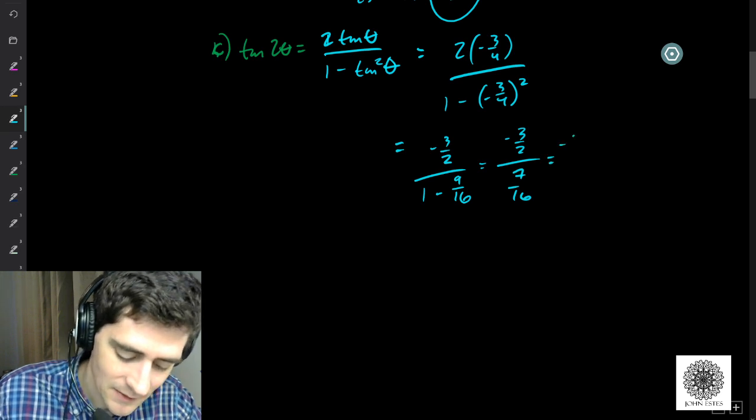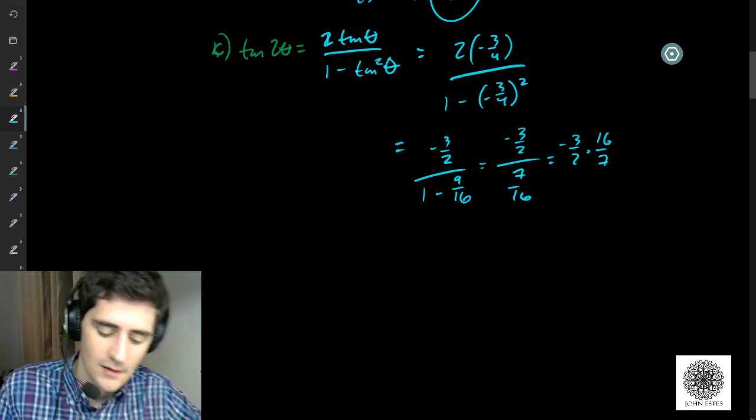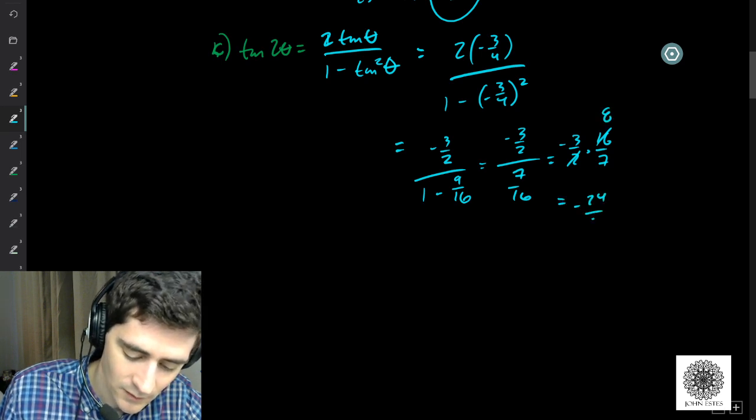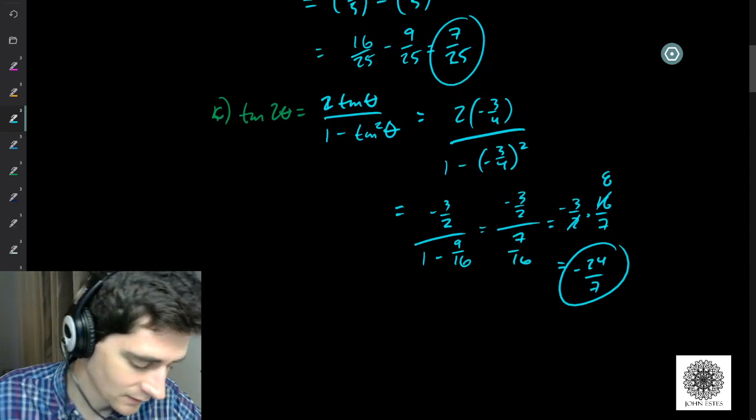And remember, dividing by a fraction is the same as multiplying by its reciprocal. So the same as 16/7. Here, the 2 and the 16 cancel out, and that would be negative 24 over 7. And there's my answer. And I think this makes sense because notice I could have also said,